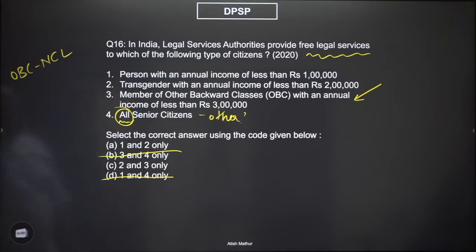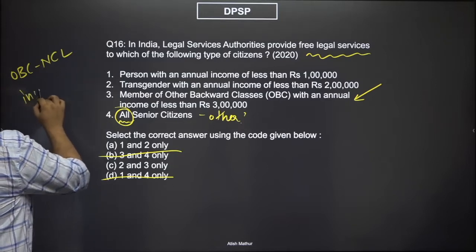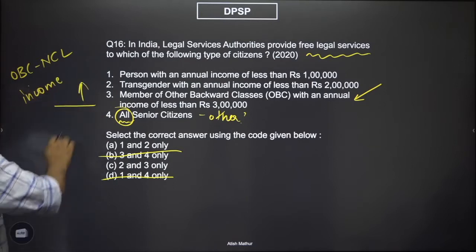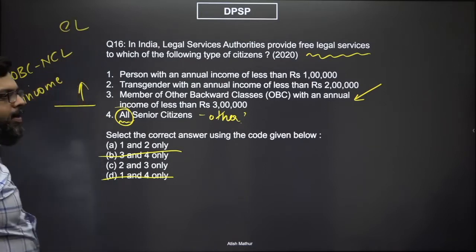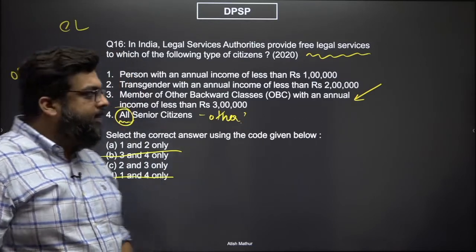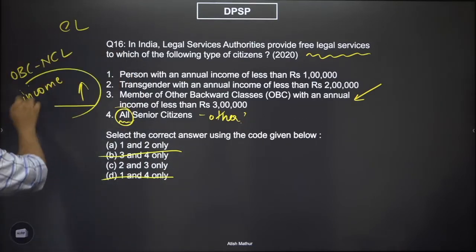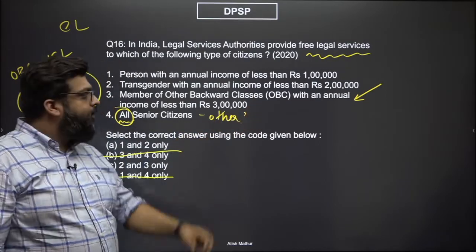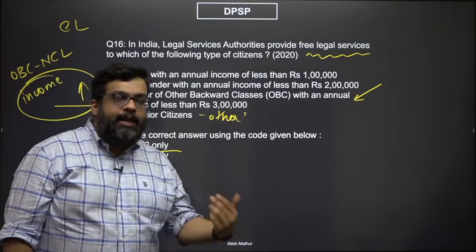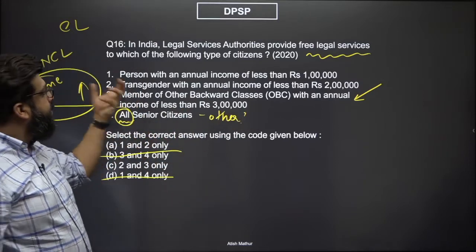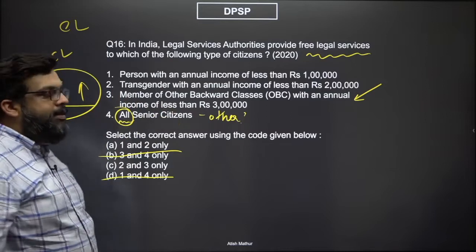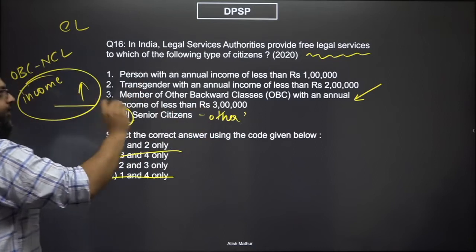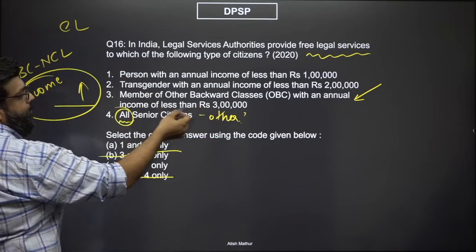And for the non-creamy layer, there is an income criteria also, that if your income is above a certain amount, then you would be creamy layer and you may not be entitled to get the OBC reservation. This income limit is definitely not as low as 3 lakhs, because if it was as low as 3 lakhs, then you would be only able to give a very small section of people OBC reservation. Now, you may not know the exact number, but you would definitely think that 3 lakhs is too less